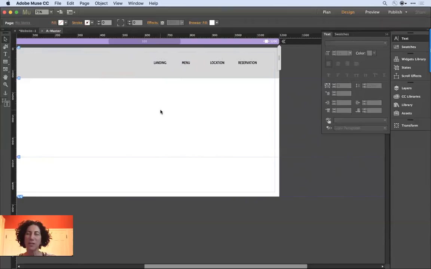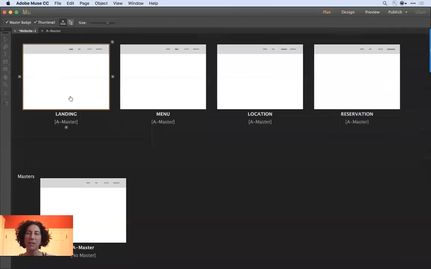So now that I've done that, let's go ahead and go back to the site plan. I can click on plan here on the right. I can click on just where it says website there on the left, but it takes me back out, and I now have all of those changes applied to each of these pages. This is how I eat up 2 whole hours. We've gotten through menus, and we're about 20 minutes in. So